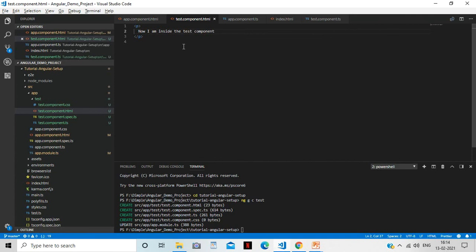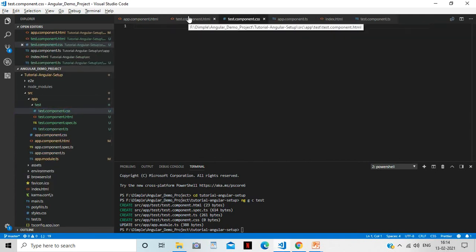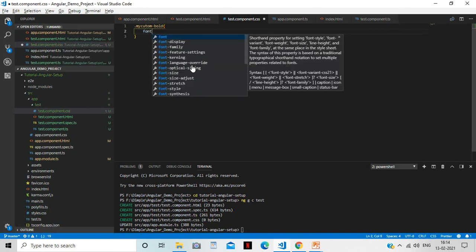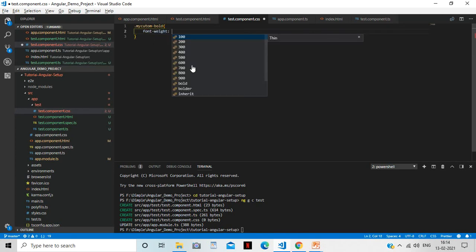If you want to apply styling to your component, we can define the styling in this particular component. Let's define one class, call it my-custom-bold, and make the font weight bold.